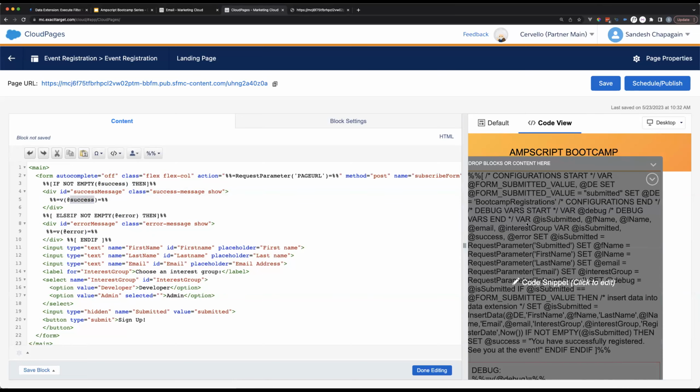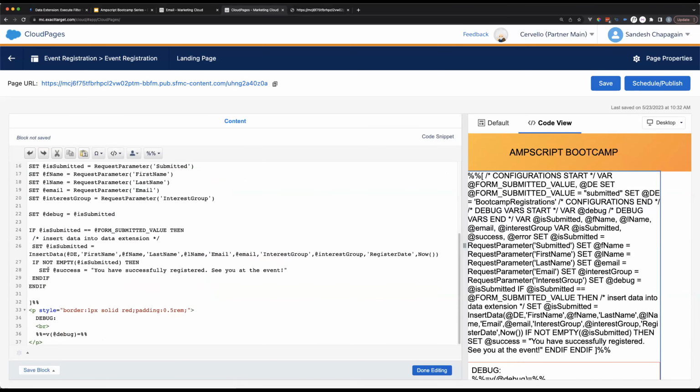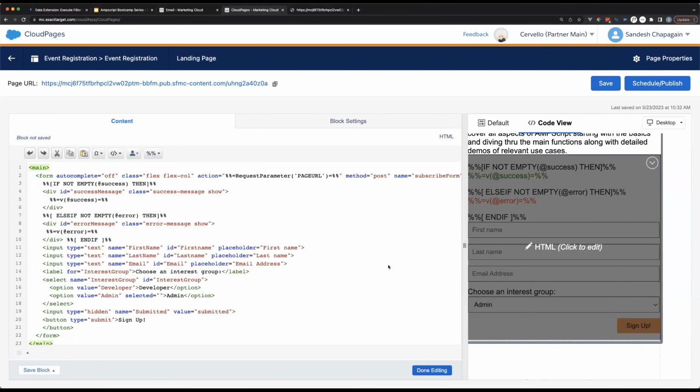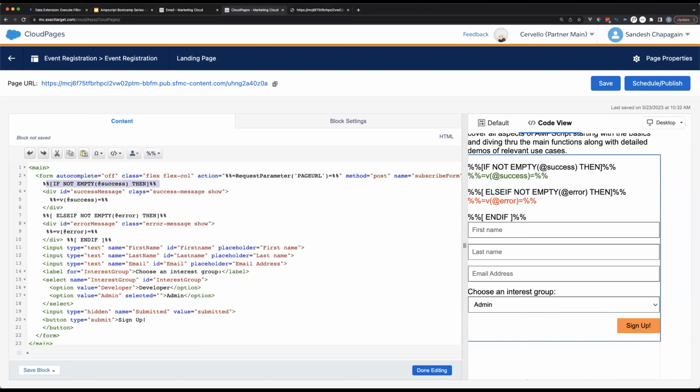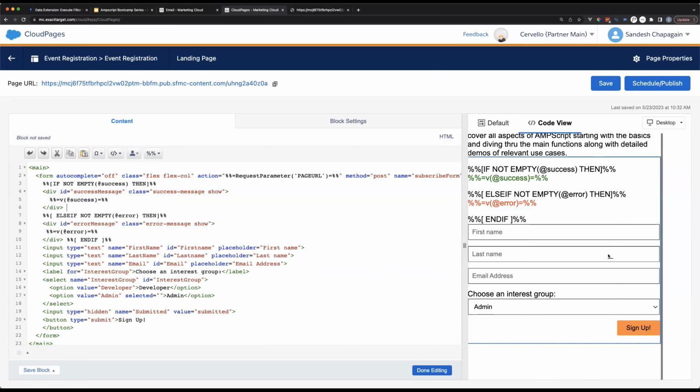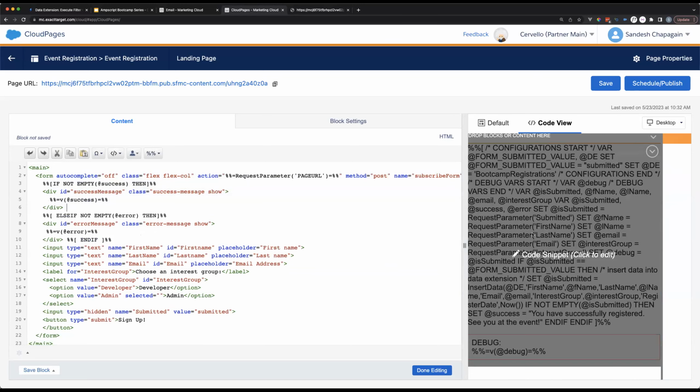So as soon as we set success up here in line 28, if is submitted is not empty, if we have data in the data extension, then success is set to you have successfully registered, meaning it's not empty. And if it's not empty, then this AMPscript block will execute and it will display this block of code. Okay, let's see it in action.